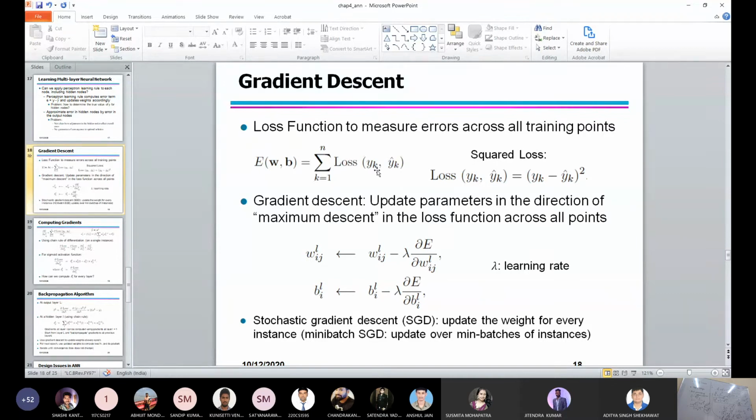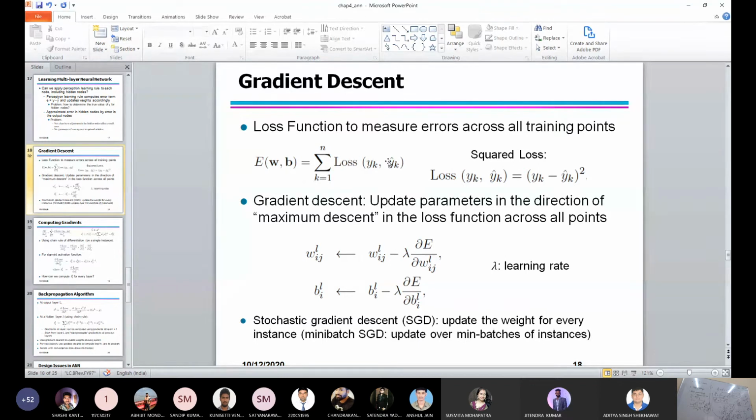So this loss is nothing but the true value and then the predicted value. So we get it here. For a particular training example, we know the value of x1, x2 and all the features, so those are constants. What we don't know are the weights and the corresponding bias for each perceptron. Therefore, this loss depends on these two factors, the weight and the bias value B. So this loss is a function of W and B.